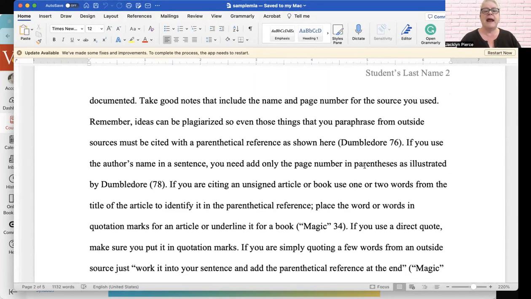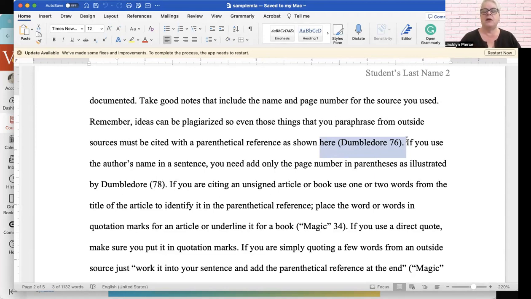So we have paragraphs. Now, this is our first incidence right here of an in-text citation, and you will notice that it has a name and a number. Not all sources have page numbers, but MLA loves old school sources, and so when a page number is available, that's what goes there. We do not use a year ever in MLA, ever inside an in-text citation. So some of you had those in your in-text citations. I applauded you for trying, but that's an APA thing, and we're not using APA at all in our course.